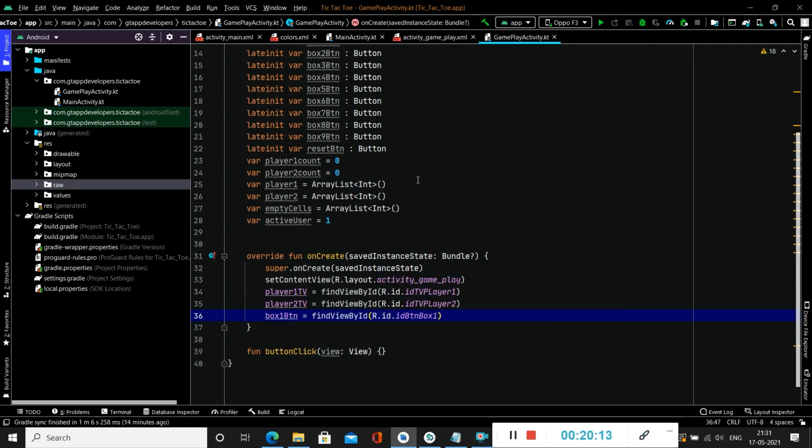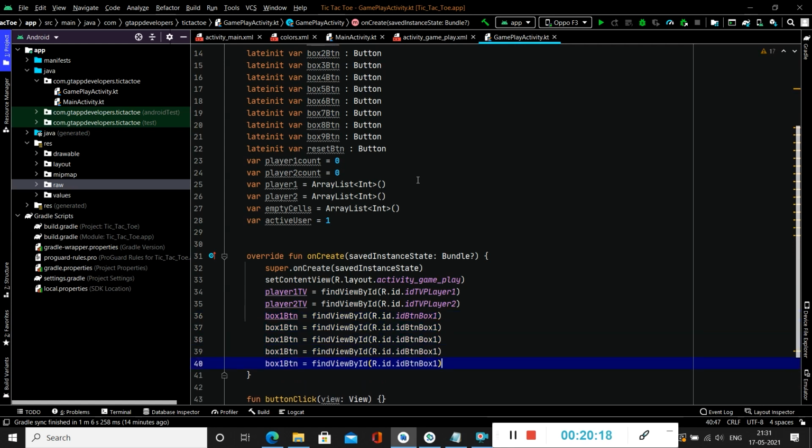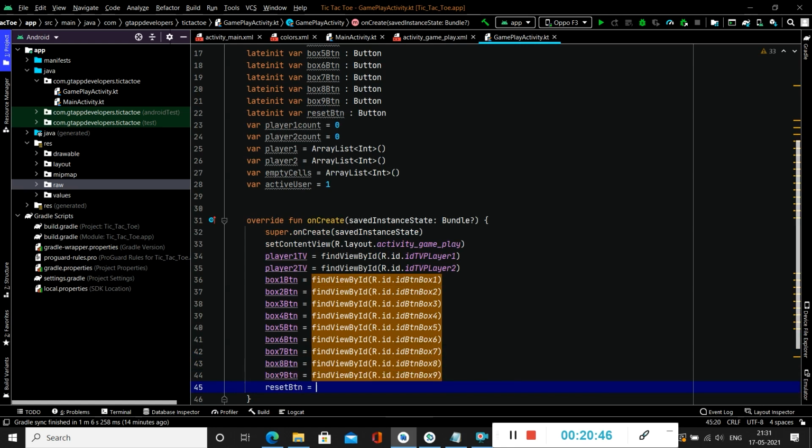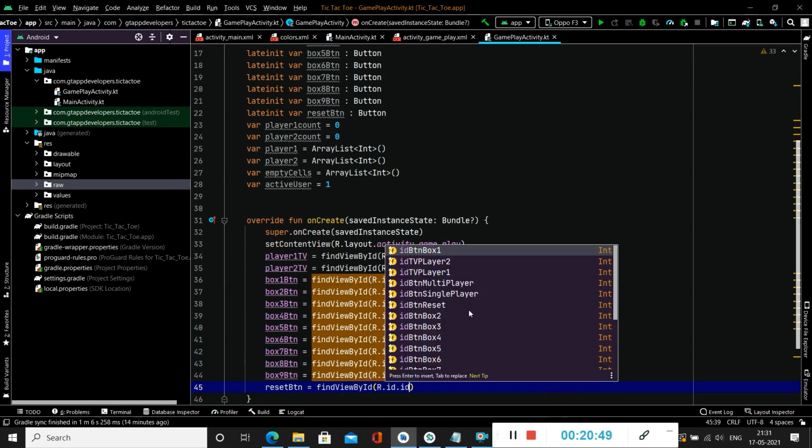Now we will press Ctrl D to create the other variables, and we will change the IDs and variable name for each of them. Here also we will change the ID. Now we will also initialize our reset button.